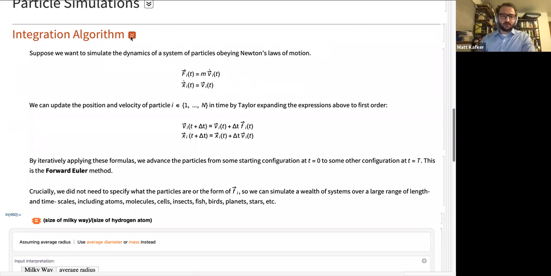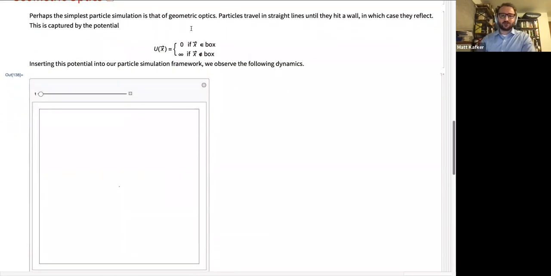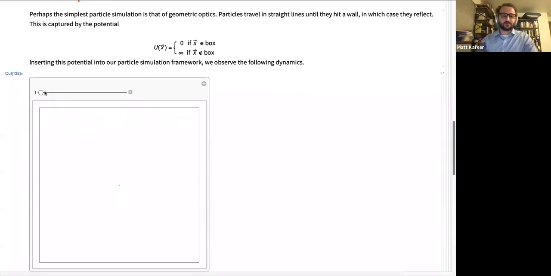Okay, so we'll start with this potential, although this is unnecessarily complicated, but just keeping things in the framework. Let's say we have no potential in the box and an infinite potential at the boundary and outside the box. So everything is just going to move around in a straight line and reflect when it hits the walls. And this is going to be geometric or ray optics. So if we evolve forward in time,